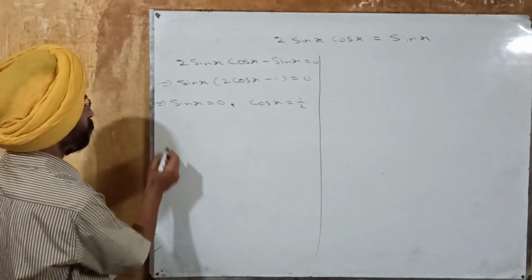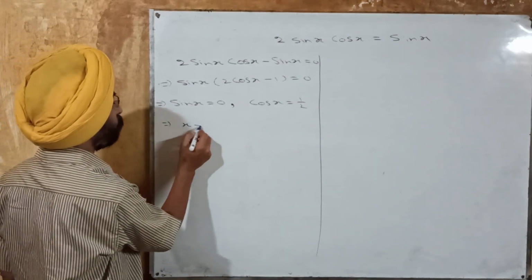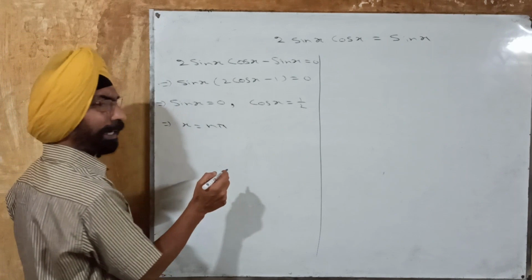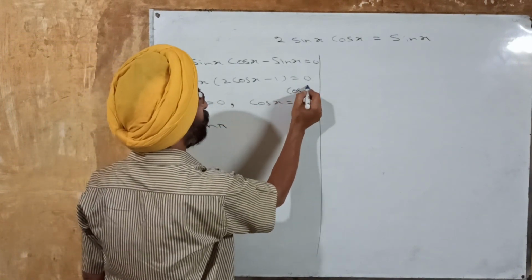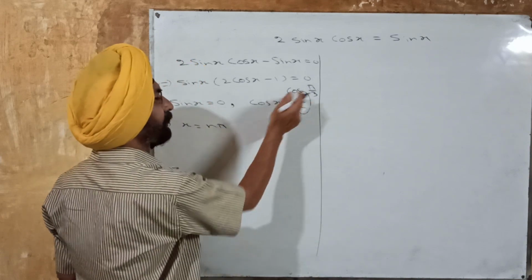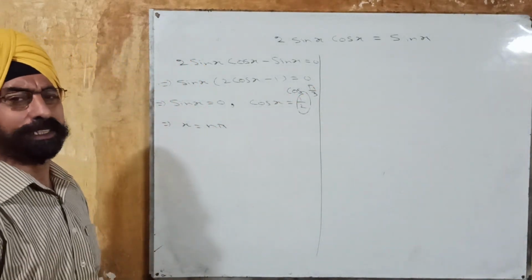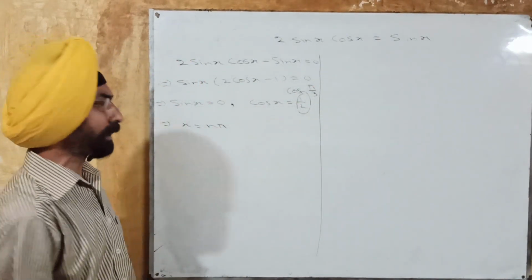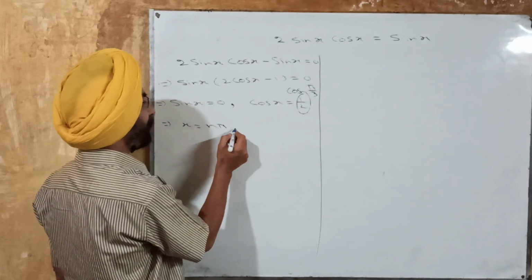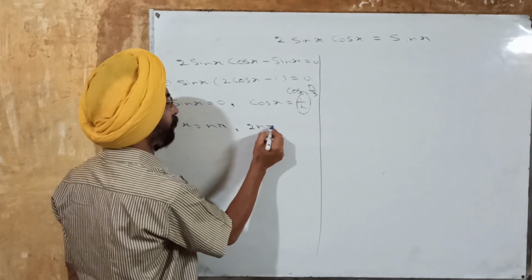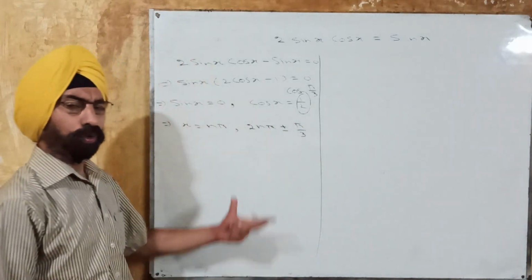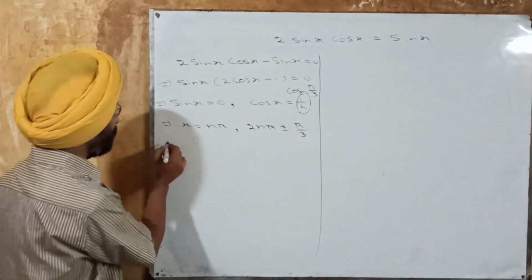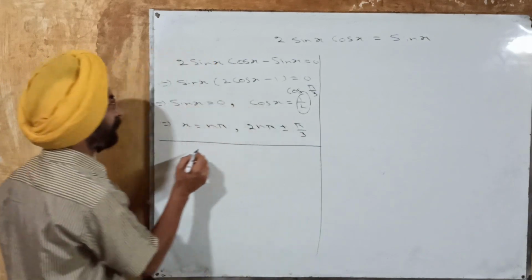From here you will get x is equal to n pi, and from here this 1 by 2 is cos pi by 3. So cos x is equal to cos alpha will give you the result x is equal to 2n pi plus minus alpha. So you will get x is equal to 2n pi plus minus pi by 3. So one is this way. Another way, the second one is